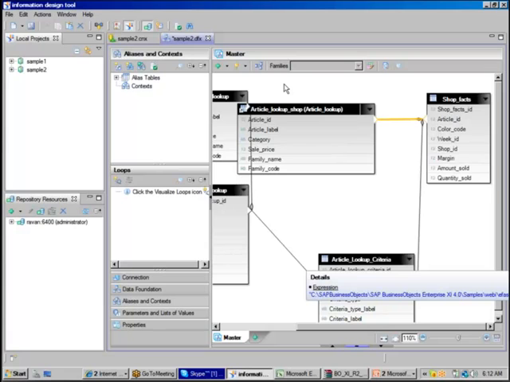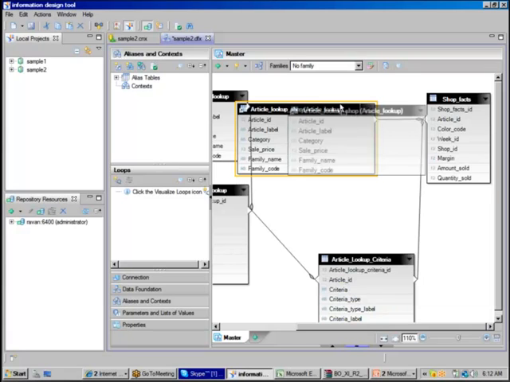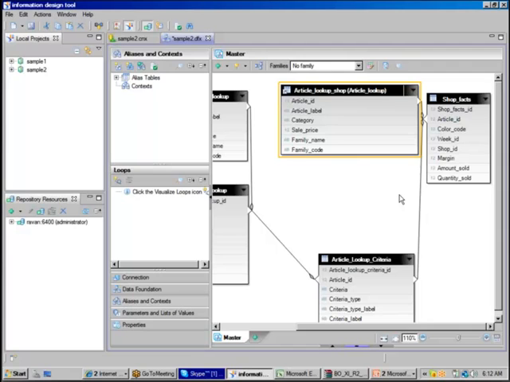Now when you see, you have 5 tables and you have 4 joins, and you can satisfy the first requirement with the article lookup original table, article color lookup, and article lookup criteria, and the soft